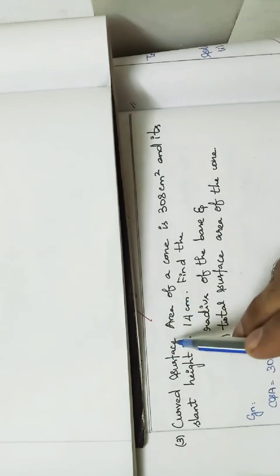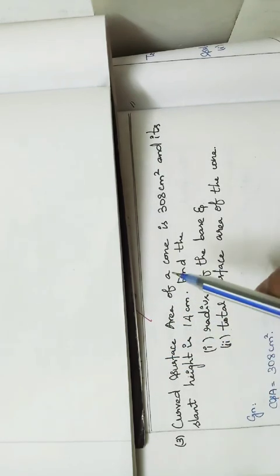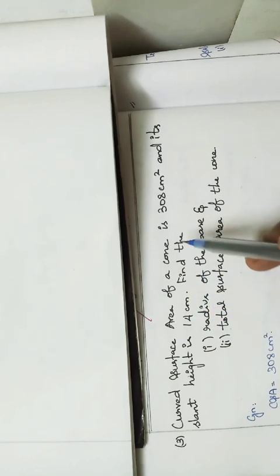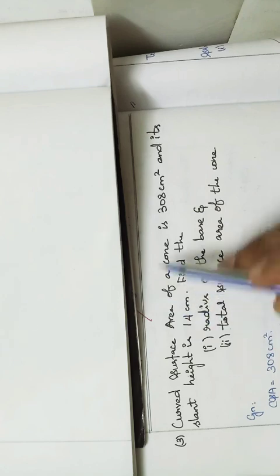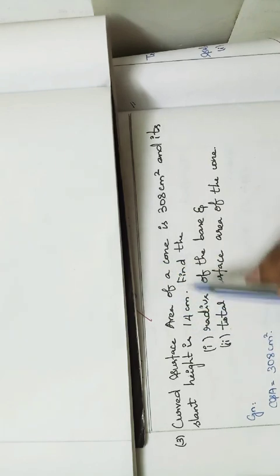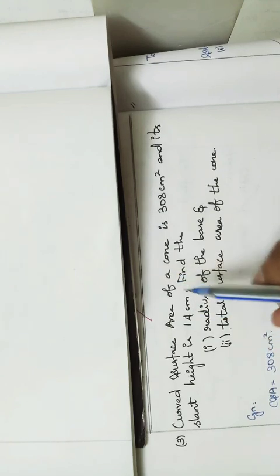Substitute and simplify, we will get the solution. They have given the curved surface area, so we directly equate the formula with this value. What is the formula of curved surface area? Pi R L. In that, pi is 22 by 7 and L is 14. Substitute and simplify. Then take the remaining term to the RHS and equate with 308. We will get the radius. Thank you.